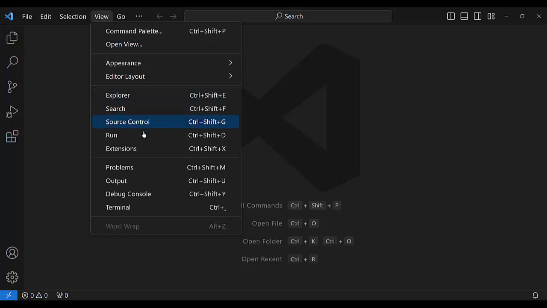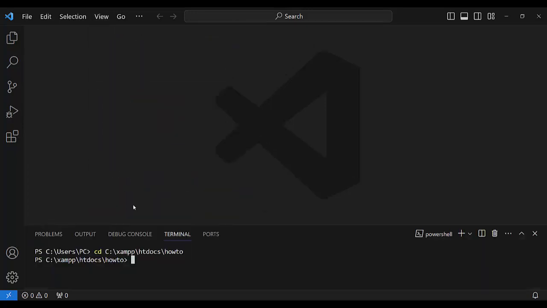View terminal. I want to clone a project to this address. I copy the path of the folder and all that. And now